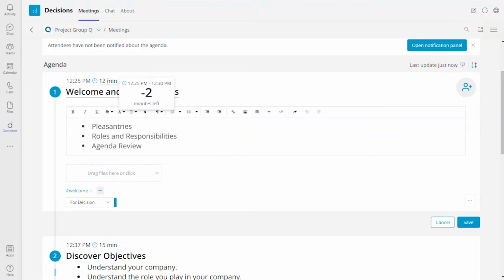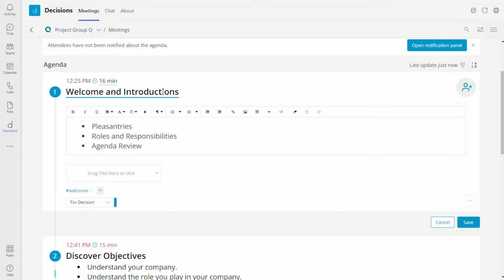You'll notice we have -2 minutes because the time tracker is actually already down in agenda item number 2 based on the amount of time I've given. So realistically, if I wanted to, I can actually fix that, and when I save it, it'll change the number there. The rest of this is pretty straightforward.